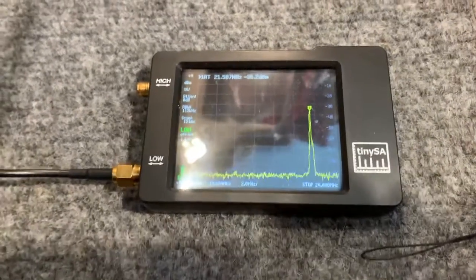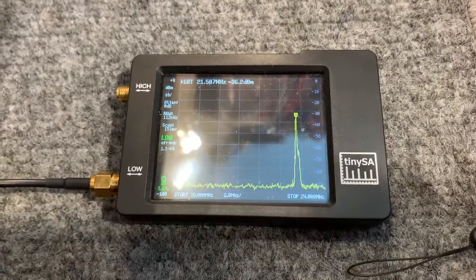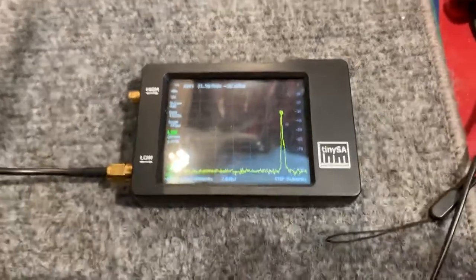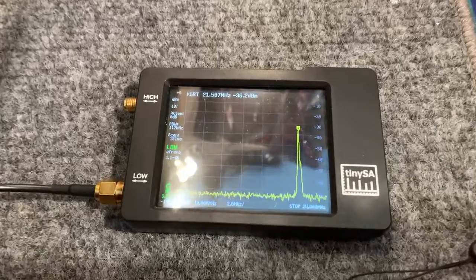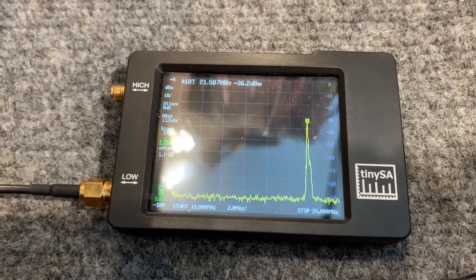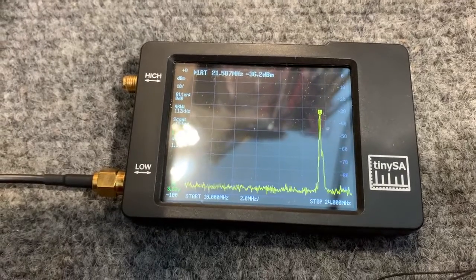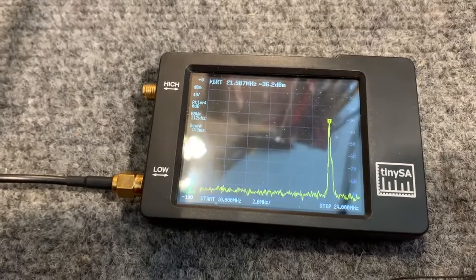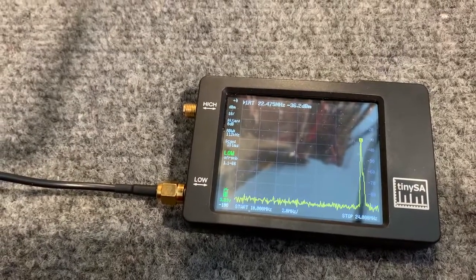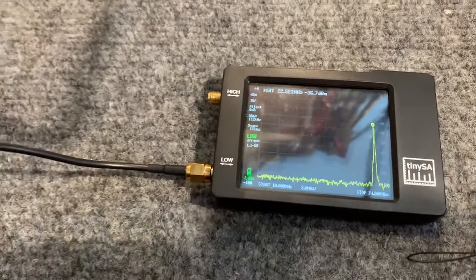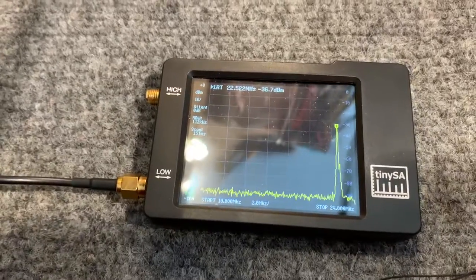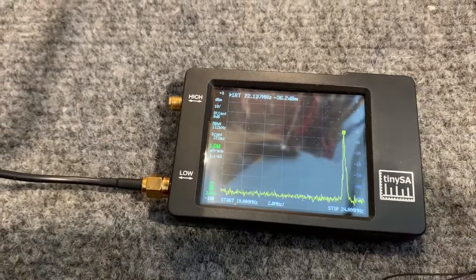So I've got it set such that the local oscillator is tracking low of the signal frequency. So it's set at approximately 22 megs, and resolution of the mini spectrum analyzer is such that it's showing 21.5 thereabouts, and at the sort of maximum frequency that the receiver will tune to, it's off the scale, so it's around about 23 megahertz there. And as I wind it down the band,